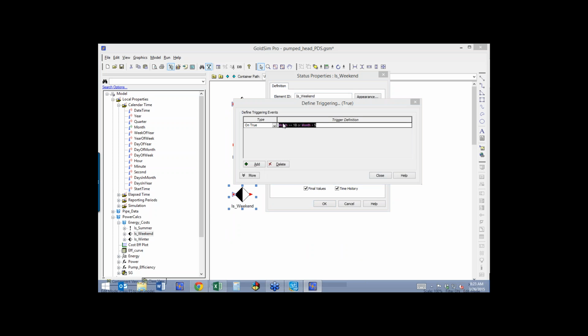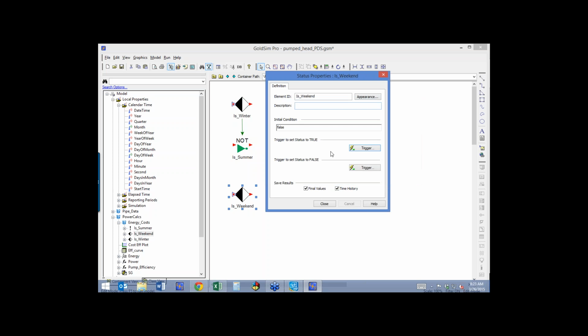So we want our logic to be day of week when the day of week is Sunday, or when the day of week is Saturday, then this is true. Notice I'm using two equal signs. You don't have to do that in GoldSim, but I like to do it because for most programming languages, that indicates not an assignment, but rather a condition statement. Okay, and same thing here with the